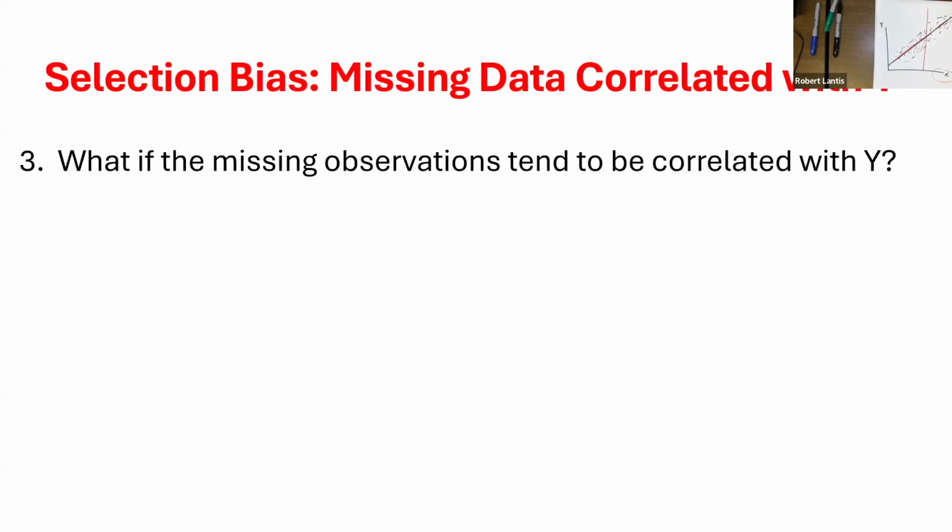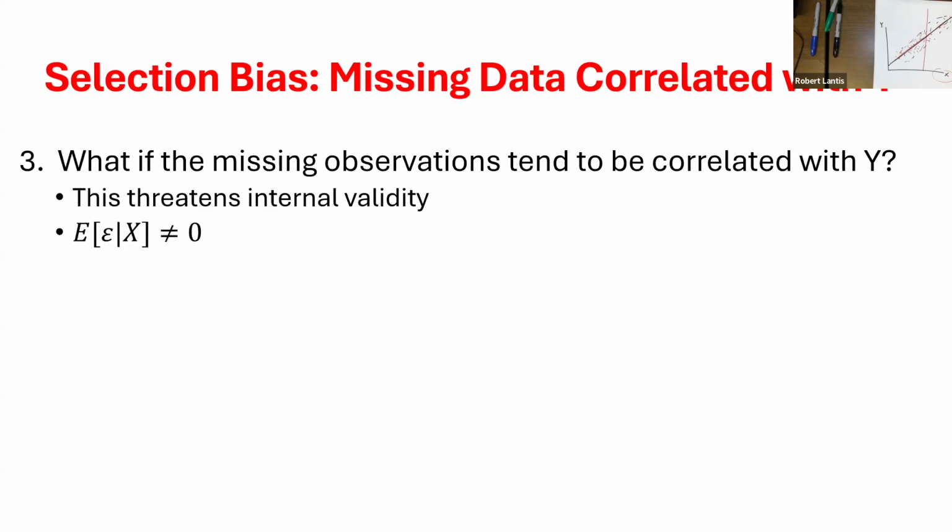So what if the missing observations are correlated with the values of Y? Well, there we actually have threats to internal validity. We might actually not be getting the correct estimate because the expected value of our error, sorry, I just didn't say correlated. The expected value of our error term for different values of X might not be 0 now, right? Because in my simple thought experiment,